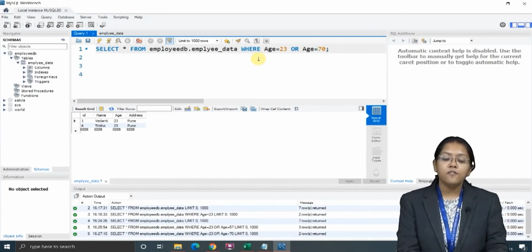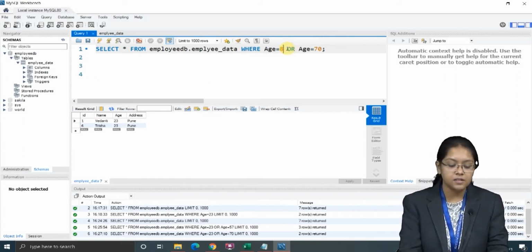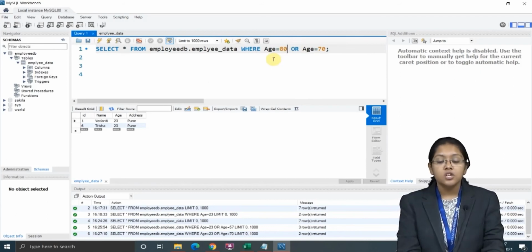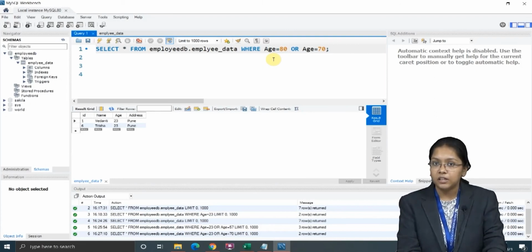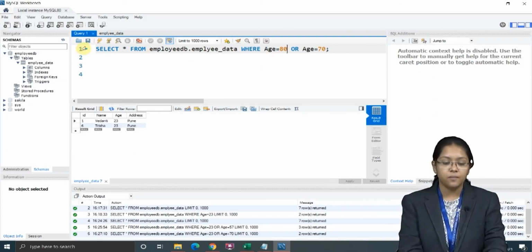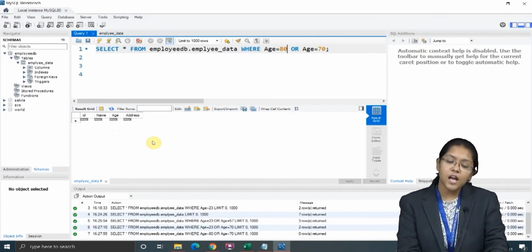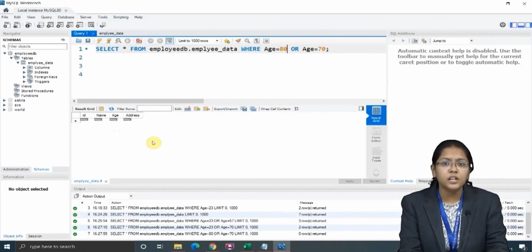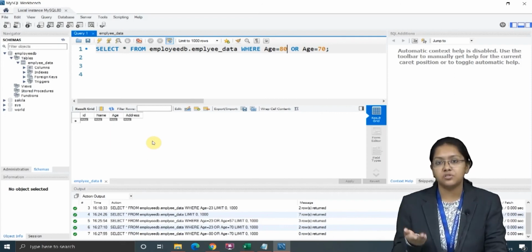Okay. Now I will take both the values as false. Here I know that my table doesn't have age 80, and it doesn't have age 70 either. Now what will be the answer? Let's check. My query is proper, it has been fired because there is no syntactical error. But is it showing any data? No. If there is no data, then how will it show? It is not showing the data.